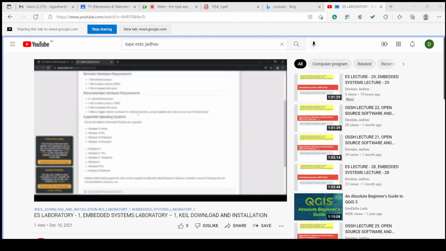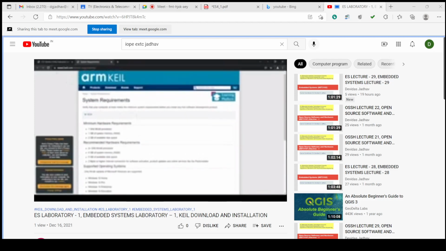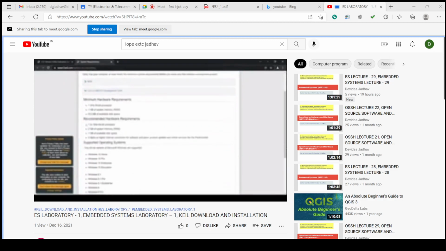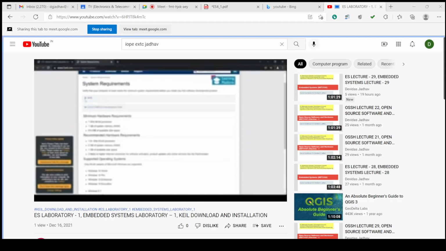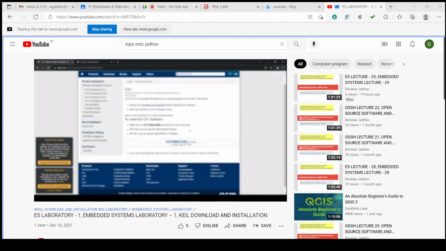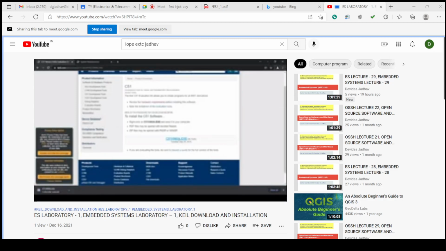Windows operating system, whatever the hardware requirements, supporting operating systems, all these are there. And this is for other development kits also, MDK and other development kits. Okay. So we can download now this C51. The C51 compiler is there, version 9.60E. 96 MB is there, so I will put it for downloading.